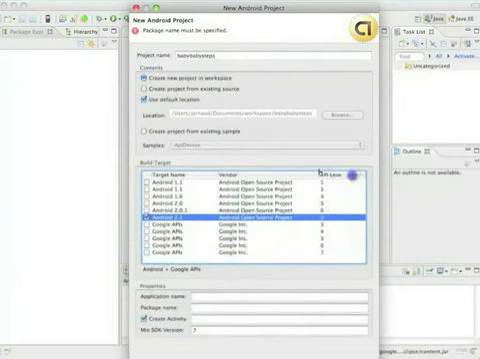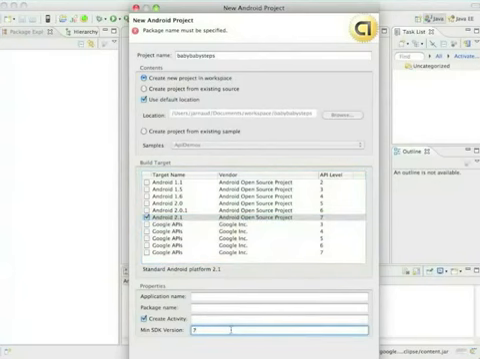This project will be created in my workspace. It's my sandbox, my developer sandbox, in the default location. That's fine. And now I'm going to choose a build target. So it will define on which target, which device I'm going to develop and test my application. Android 2.1 for me, and it's API level 7. You can see here that the minimum SDK version to run my application will be the SDK version 7. Application name,